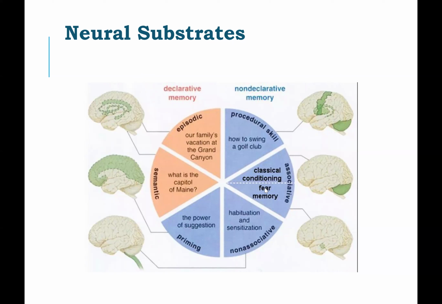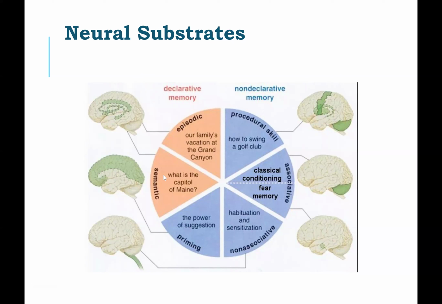Classical conditioning, like the fear memory example that I gave you, these are associative memories. Cerebellum is really involved in those. Habituation and sensitization, these are non-associative memories, but we're not going to get deeper into that. These are in the deeper brain areas. Priming, I think we did an example of priming. This is about associating two things together, where you see one thing, you expect the other thing to follow. Cortex is really involved in this. The habituation and stuff are in the brain stem.